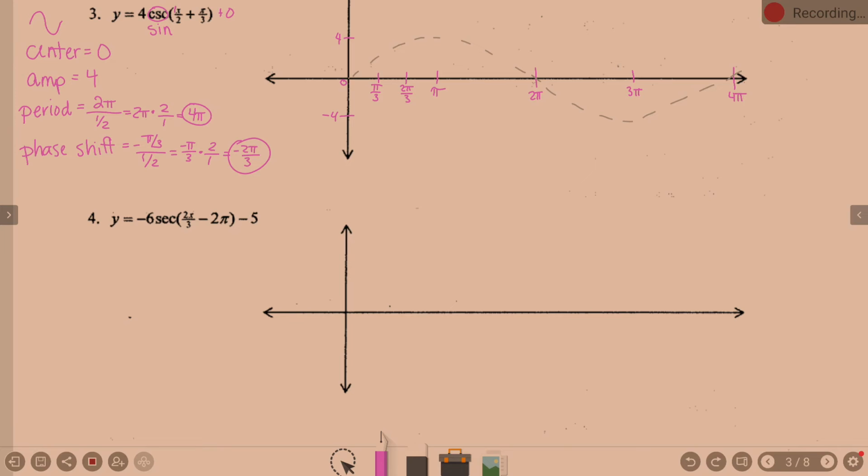2 tick marks, breaking each pi up into 3 pieces. Are you with me? So between 1 pi and 2 pi, 2 tick marks. Between 2 pi and 3 pi, 2 tick marks. Between 3 pi and 4 pi, 2 tick marks. And